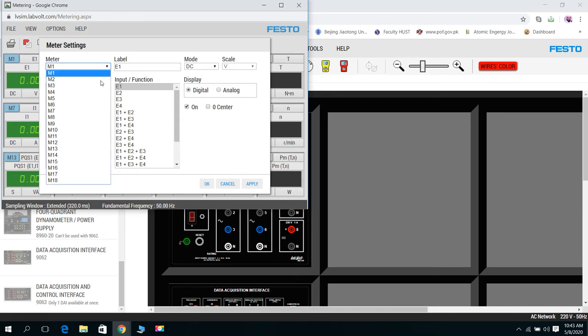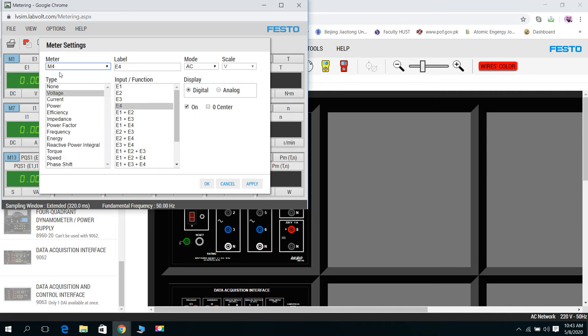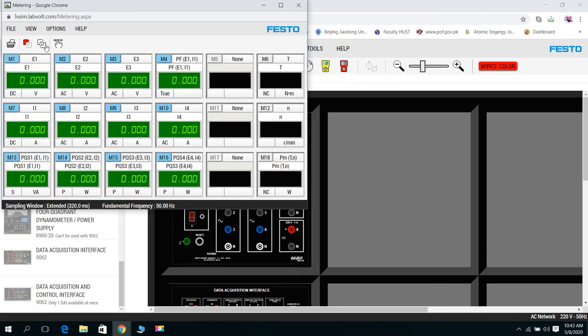Like I want to use M4 as a power factor meter, and then I have to select which type of voltage and which meters should be used. Like E1 and I1 should be used to indicate the power factor, meaning the power factor of E1 and I1 will be indicated. So I have to select it. I have selected M4, so I am applying it here, and then clicking OK.